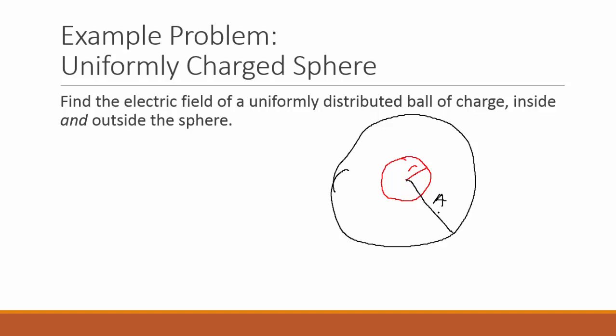Now we'll look at two cases. What happens if r is greater than A, and what happens if r is less than A? In the case that r is greater than A, then all of the charge is inside here. And I'll just call the total amount of charge capital Q. Well, this is pretty simple. If I look at Gauss's law,